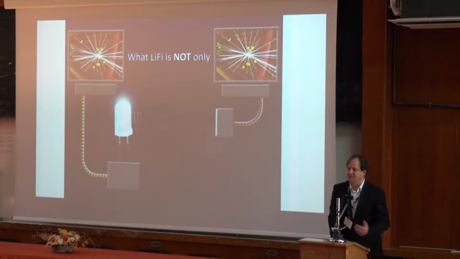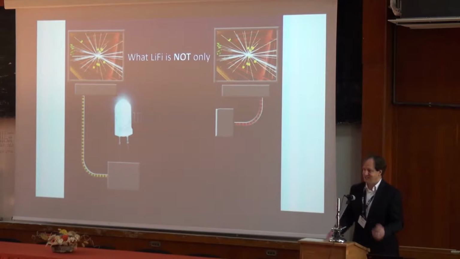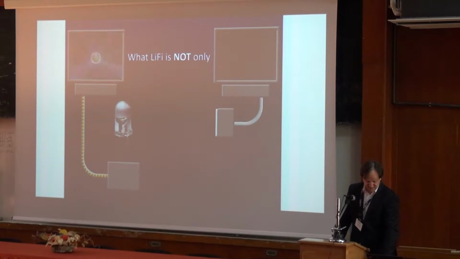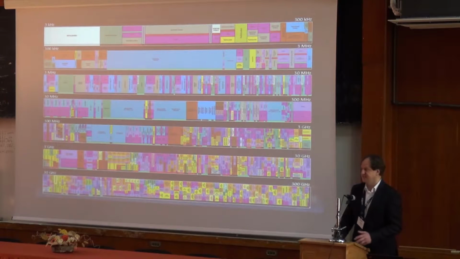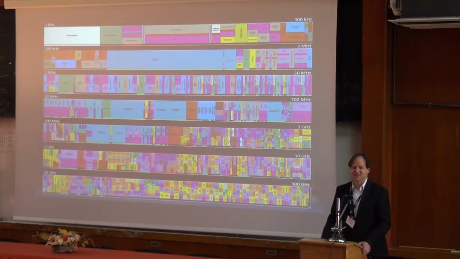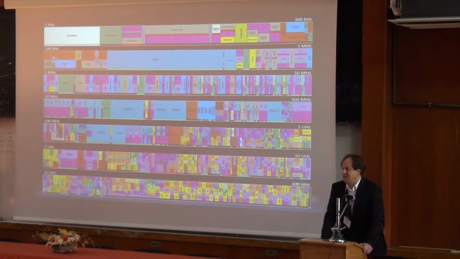So we take this as a principal way of transmitting data, but LiFi is not only a point-to-point communication link. Visible light communication transmits from a static transmitter to a static receiver, whereas LiFi is a complete mobile communications networking layer, which I'm trying to introduce today. So the reason why we've been looking into this part of the electromagnetic spectrum, i.e. visible light, is illustrated with this figure I've shown here.